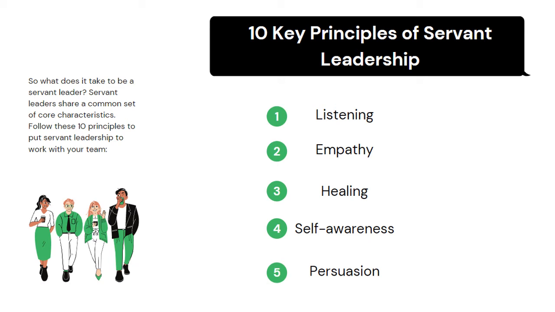Number two is empathy. A lot goes into empathy, but when it comes to servant leadership, it basically comes down to getting to know your team, the people in your organization. You find out what makes them tick and learn their strengths and weaknesses. That way, you can let your team members shine and maybe even help them turn their weaknesses into strengths. So that's empathy. That's one thing that you are going to develop.